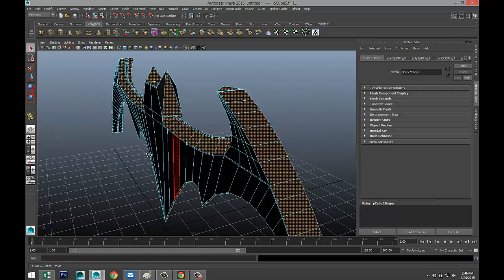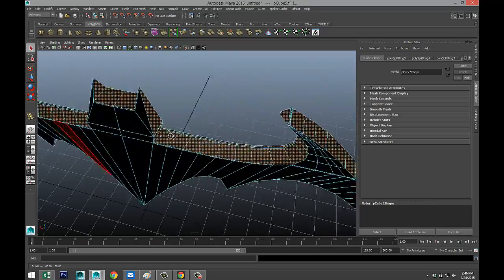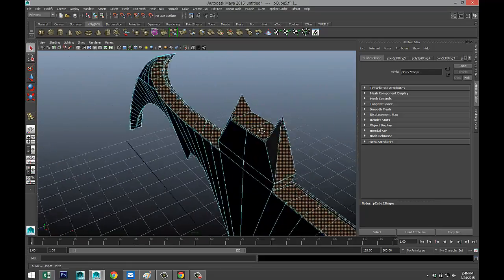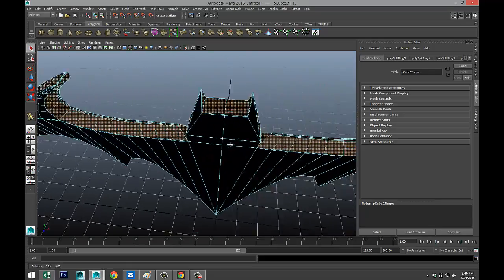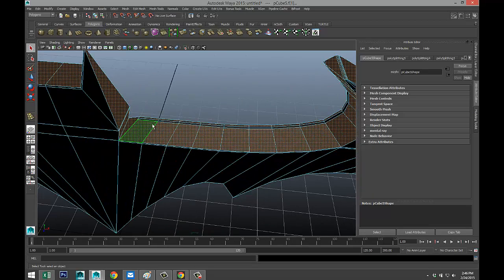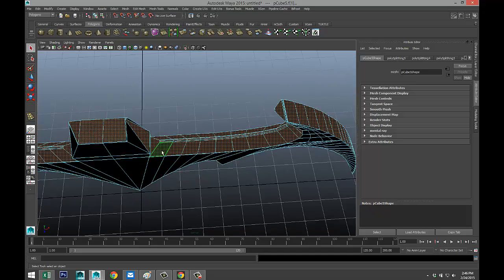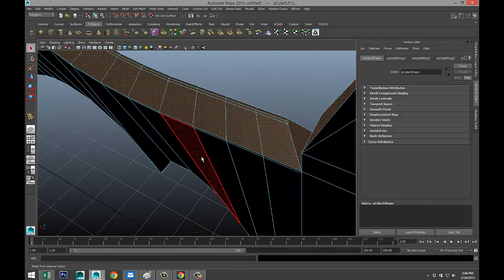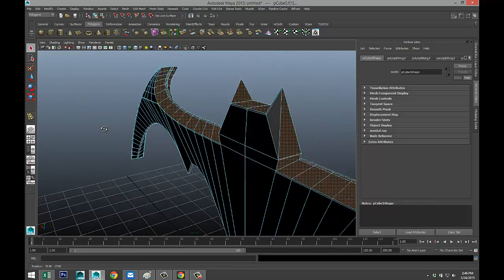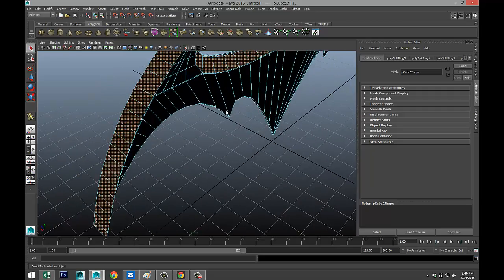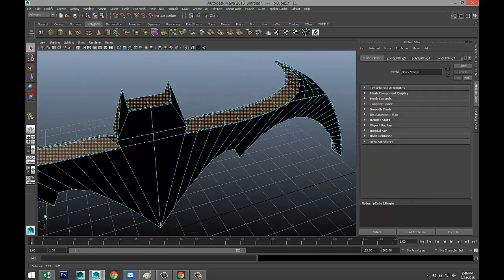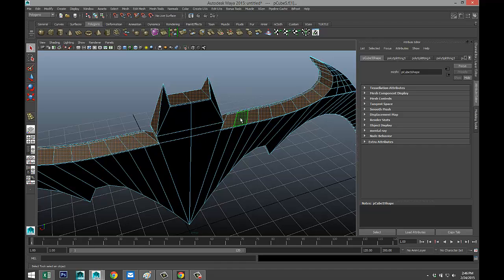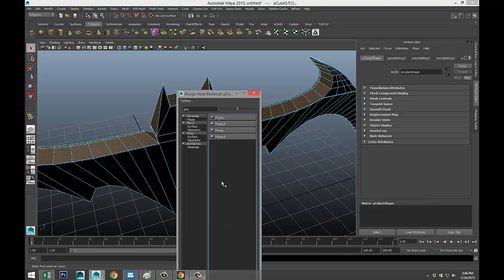which gives the sides of our ears and the top as well, which looks cool because it will give a nice effect, I think. One more to go. Let's see if we got everything. Yeah, we do. And that's going all the way over. Yeah, perfect. Okay. We're gonna right click, assign new material,